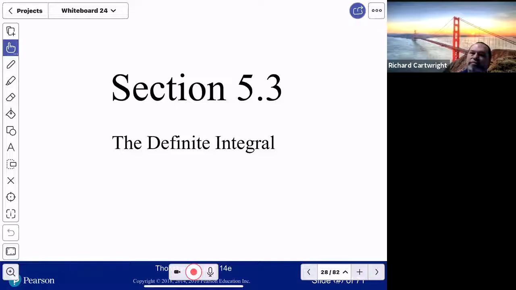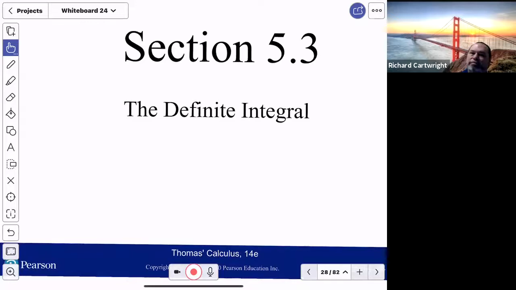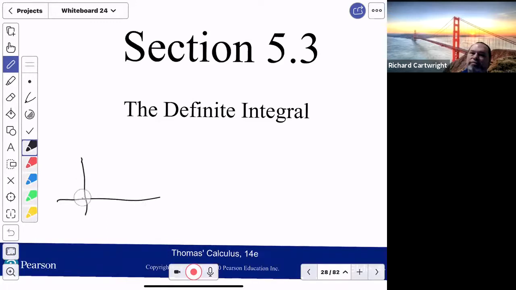Everything we've done in lesson 1 and 2 has led up to this definite integral. Just to remind you, in lesson 1 we had these strange shapes, and we approximated the area by finding maybe 1, 2, 3, 4, 5, 6 rectangles, and maybe you wanted to